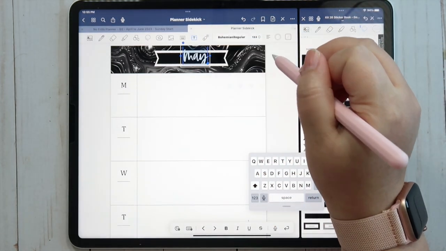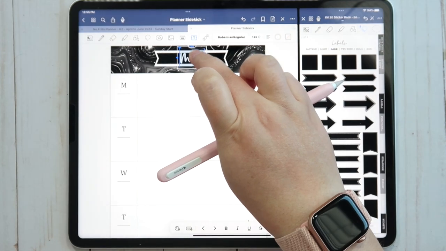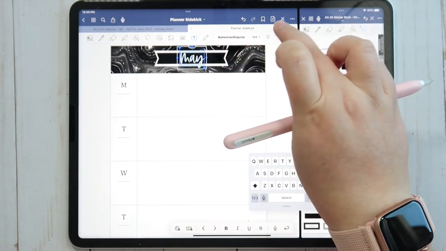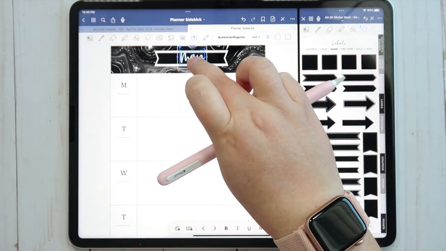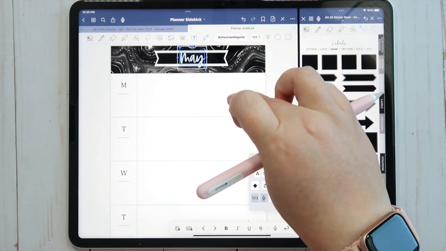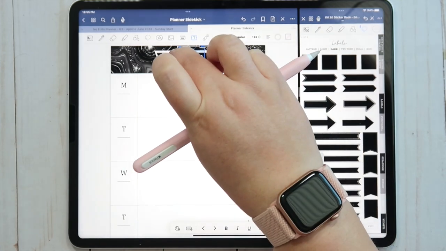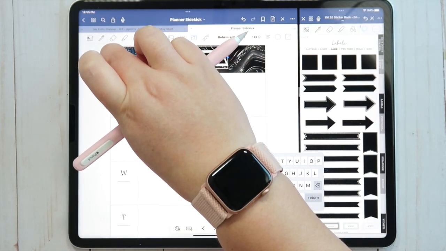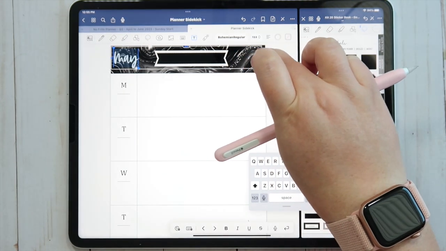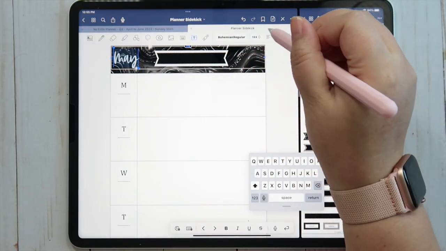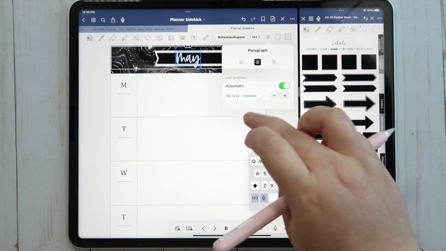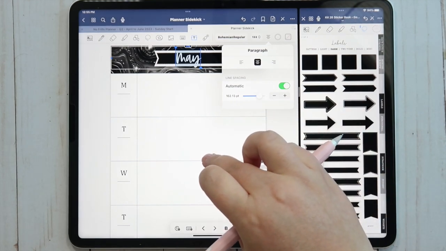Maybe change the color to white. Ooh, you know what I could do? So that's centered.